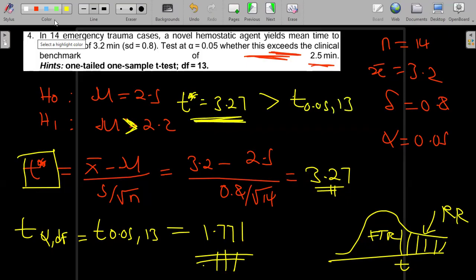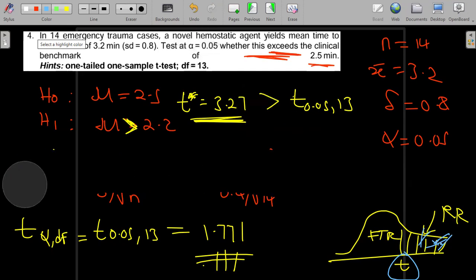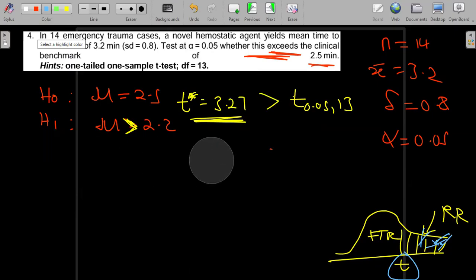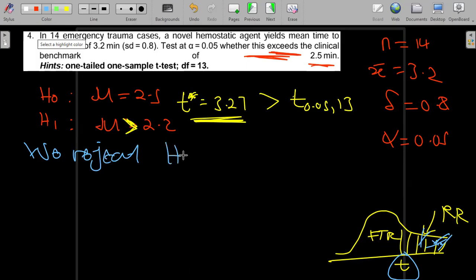This calculated value is somewhere after this t, somewhere here, so it's in the rejection region. Since that is true, we reject the null hypothesis. We reject H0, and we conclude that at a significance level of